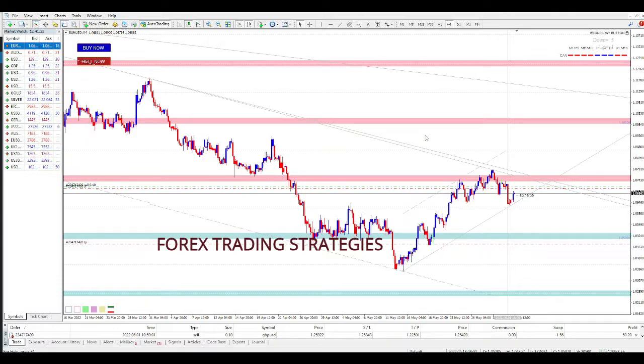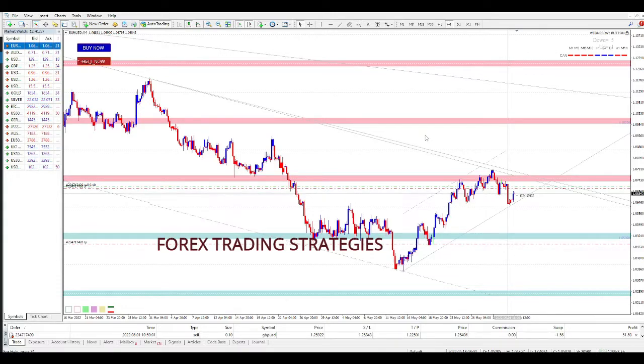You can put in all the indicators and stuff. All that you're just doing is to try and put the odds in your favor. No system, no strategy, no robot, no indicator is a guarantee that you are correct or that you are going to make a lot of money in the market. All that you are just trying to do is put the odds in your favor. Otherwise, you let the market do what the market wants to do, either show you that you were wrong or show you that you were correct.